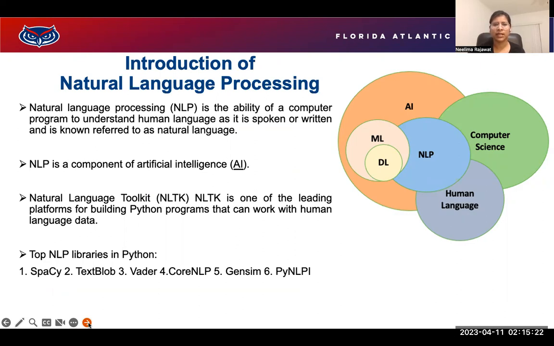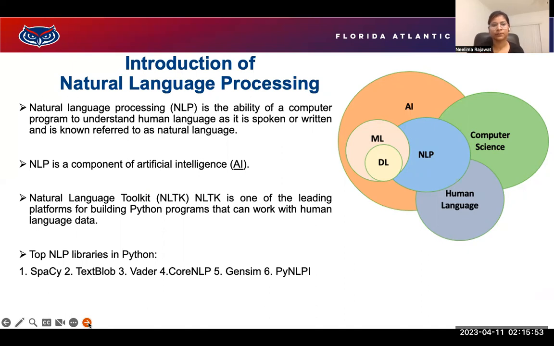NLP is the ability of a computer program to understand human language as it is spoken or written. So we can say NLP is a way of helping humans understand machine language and machines understand human language. It's a midway tool which helps each understand in their own